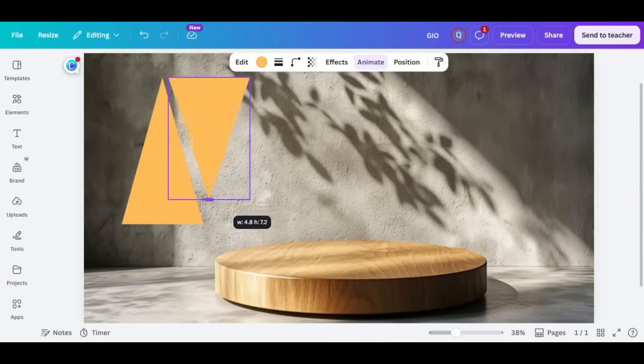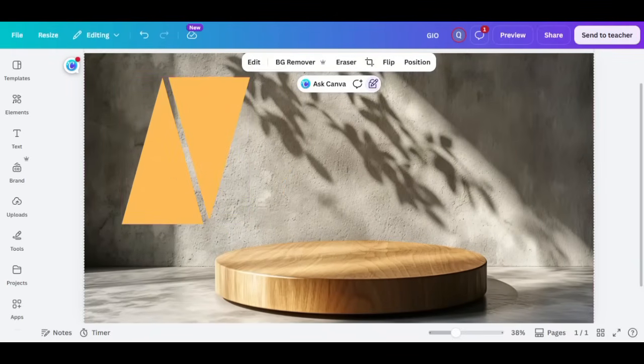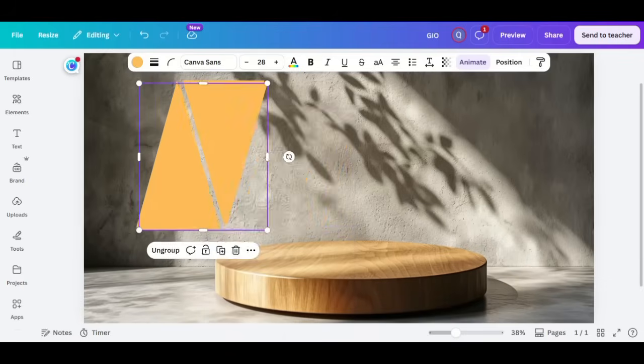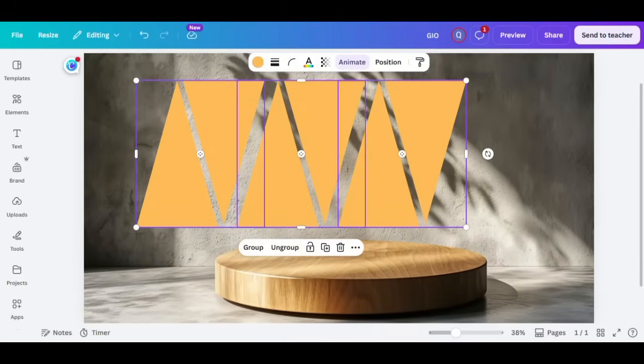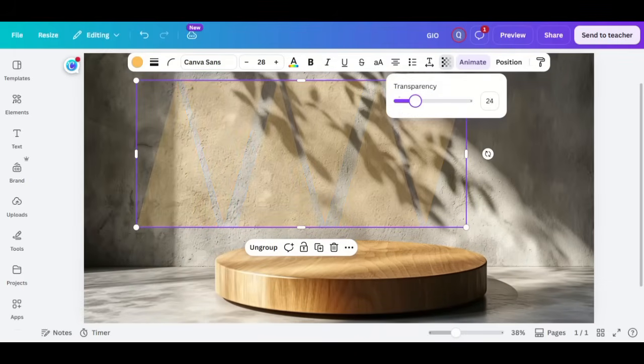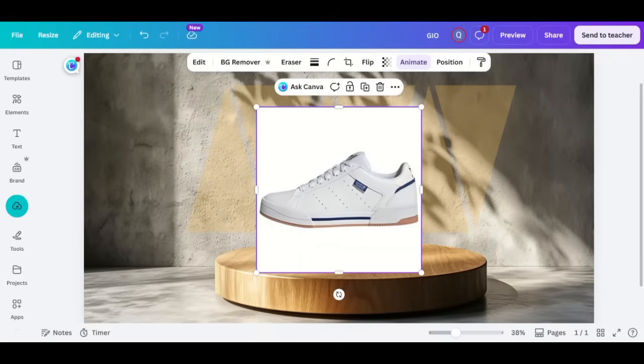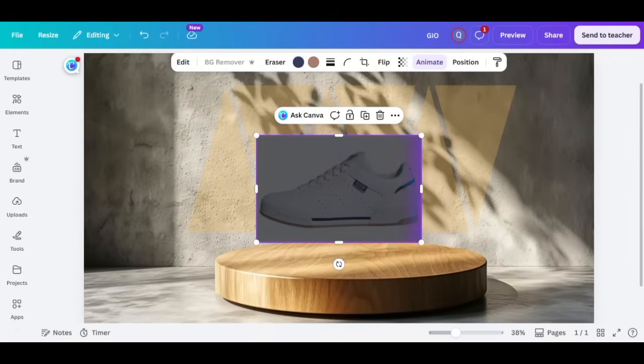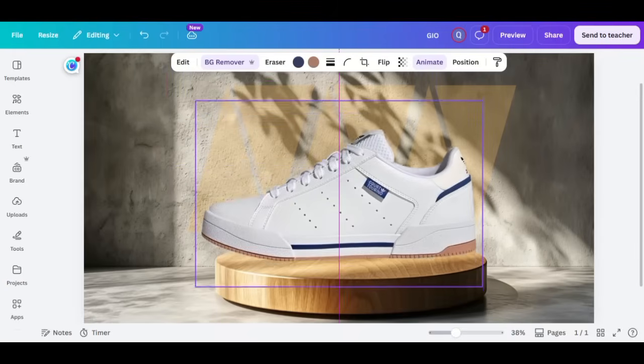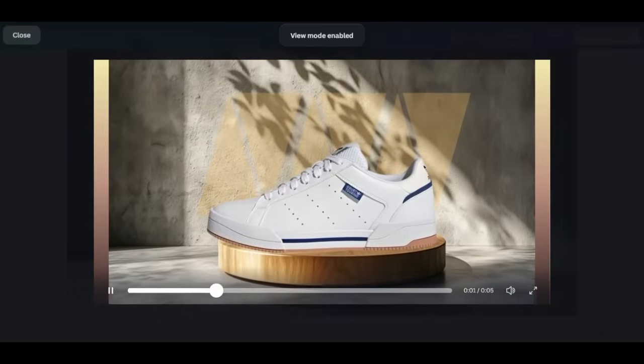Once the editor opens, begin by updating the headline. Click on the main text and replace it with your own message. This could be a sale announcement, event promotion, business advertisement, or special offer. Make sure the headline is large and easy to read. Next,